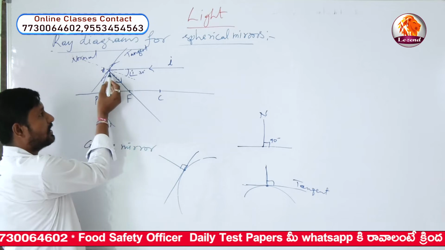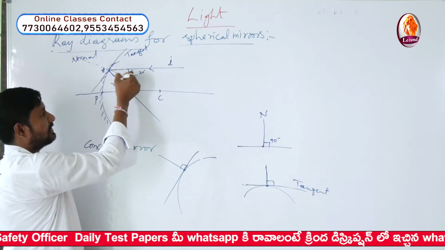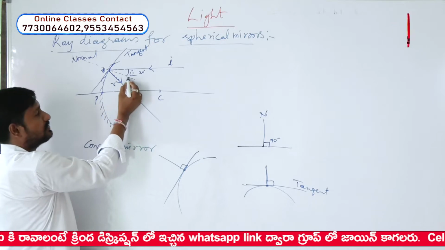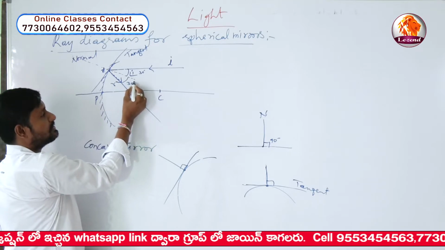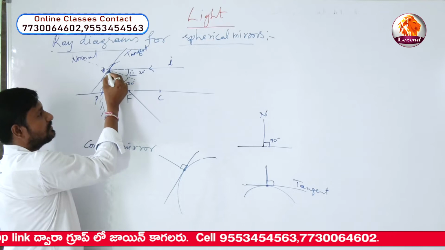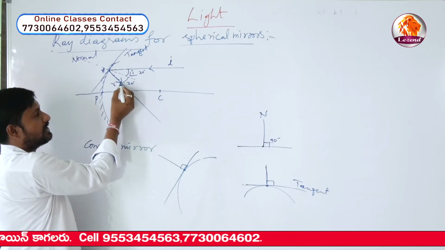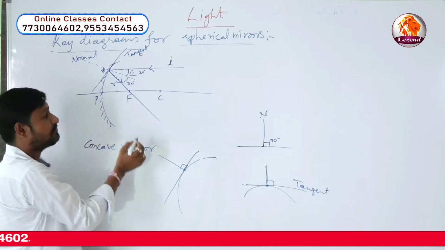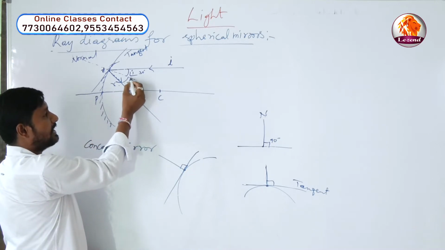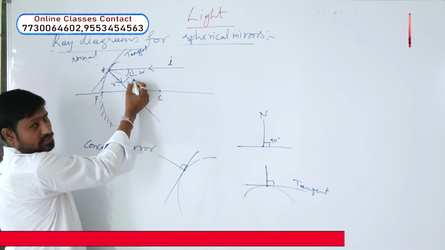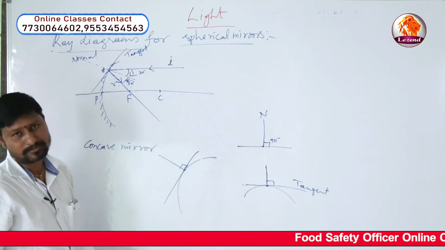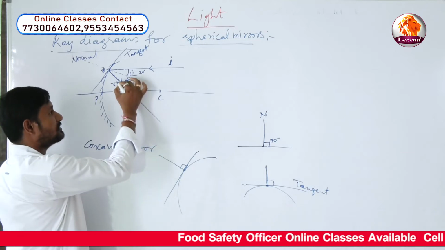I have drawn the another light ray by keeping the protractor like this. We should measure from this side to this side 30 degrees. So this is also now 30 degrees. When you draw another light ray making the same 30 degrees with this normal, this behaves like a reflected ray, and the angle made by this reflected ray with this normal is called the angle of reflection, denoted by r. So now this is the reflected ray.